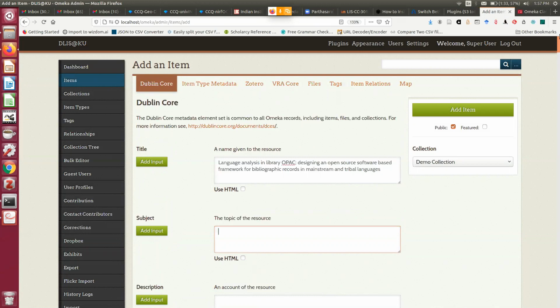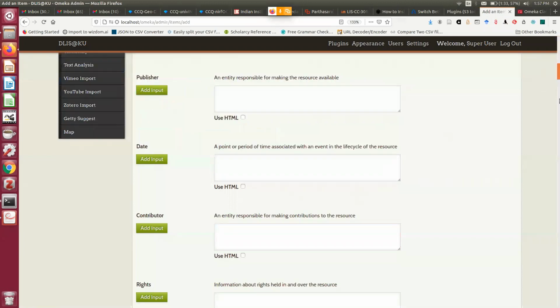So why this plugin and how can it help us? So first let me show you. So before starting, now you can understand how this item can go. You can add title, you can add subject, and then finally everything is over.